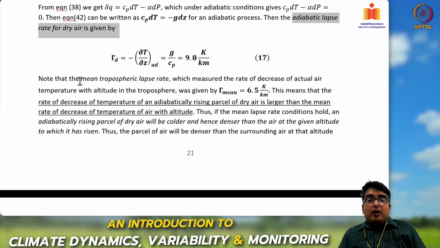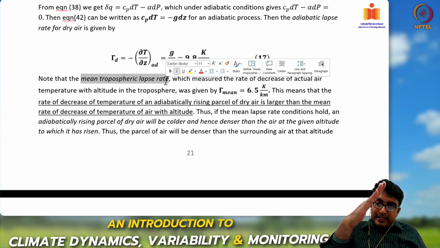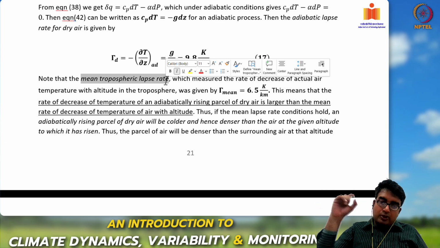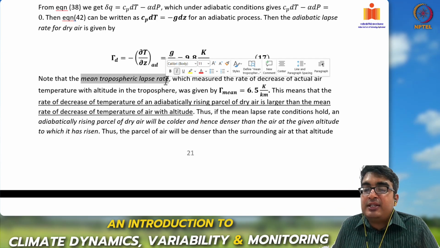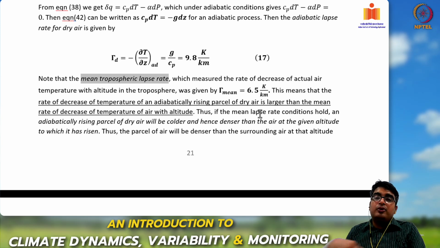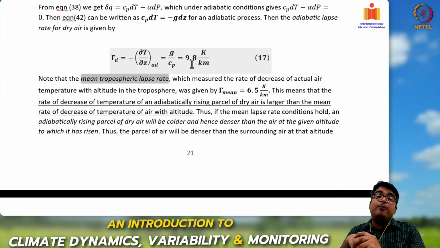However, if you recall the mean lapse rate in the tropospheric system, we had a temperature gradient in the troposphere, right? How the temperature of the air is actually changing with altitude. If you measure the air temperature from sea level upwards, what is the mean rate of decrease of this temperature? That was 6.5 kelvins per kilometer. The mean lapse rate in the troposphere, the rate of decrease of temperature with altitude, is 6.5 kelvins per kilometer, whereas the rate of decrease of a dry parcel of air as it moves upwards is 9.8 kelvins per